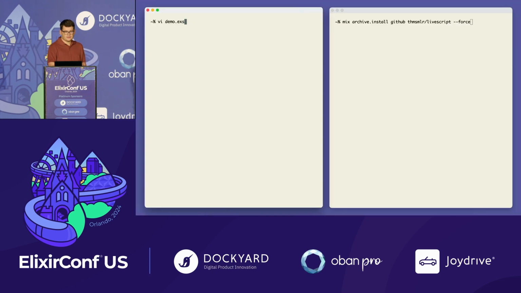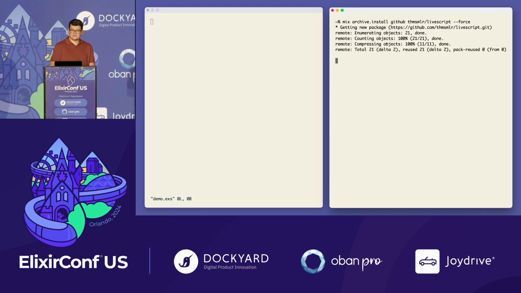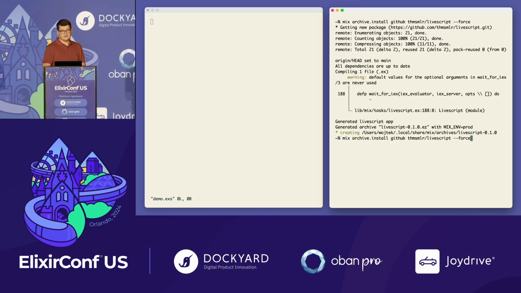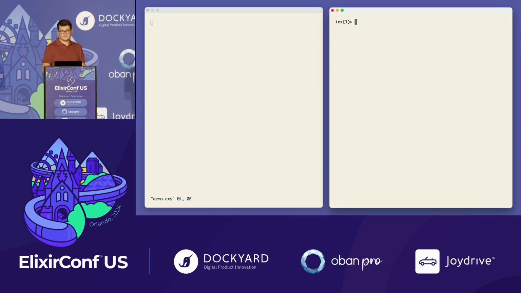So let's check it out. On the right side, I'm going to mix install Livescript. On the left side, I'm going to have a script. This is cool, by the way, that we can just mix install archives or escripts. Very easy to use. So yeah, let's run Livescript for the demo EXS file. Right now it's empty. And now let's